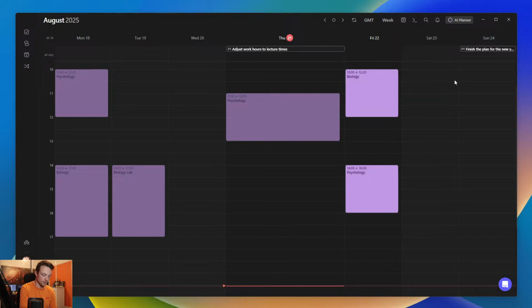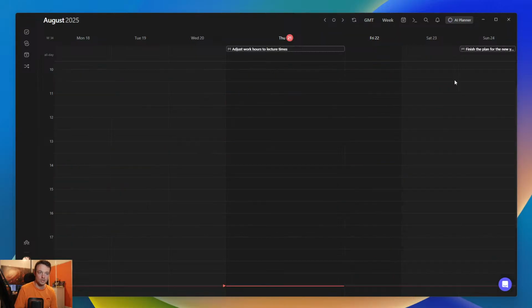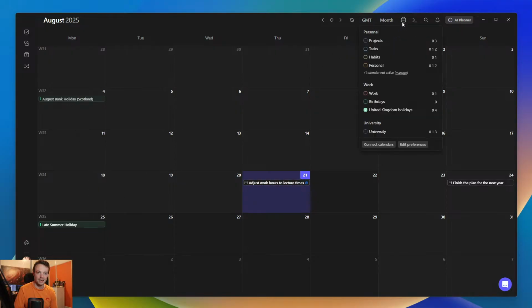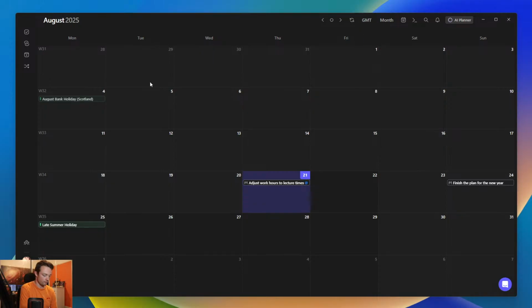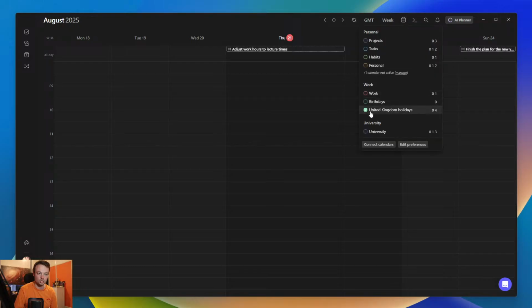I'll quickly show you that. Push 0, everything else appears. I push 4, most things disappear, except, if I go to the month view, the UK holidays, because that is the calendar set that I'm now in. You see it's there in 4. If I push W to go back to the week view, go back to the calendar and just show this university calendar,